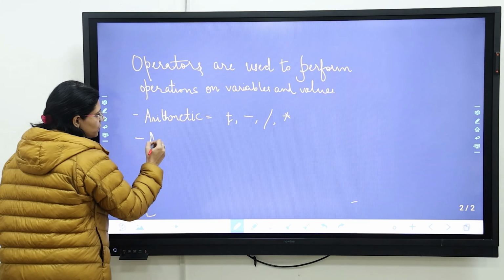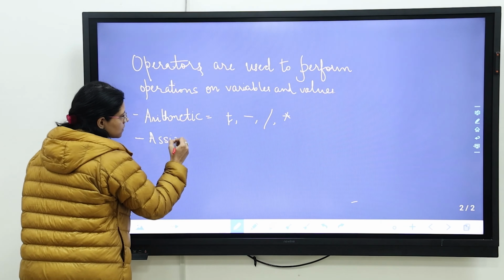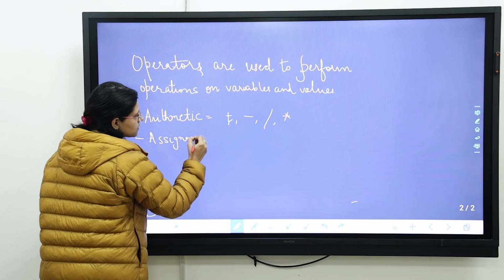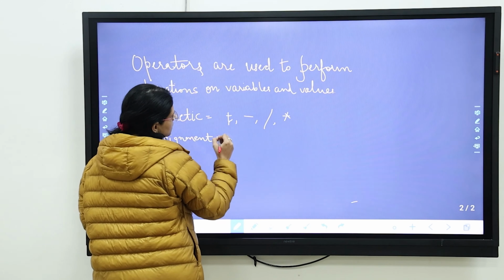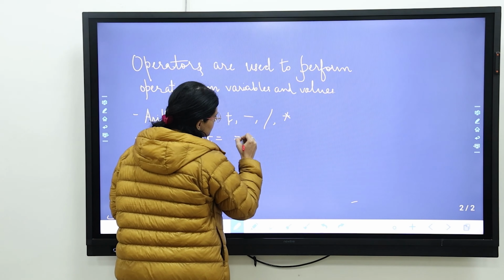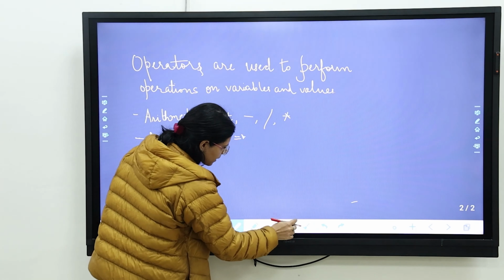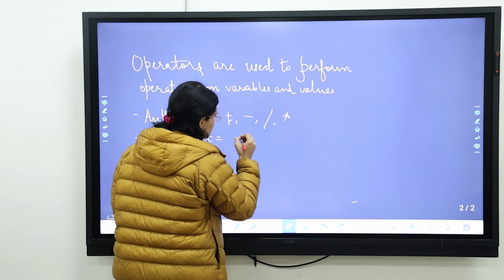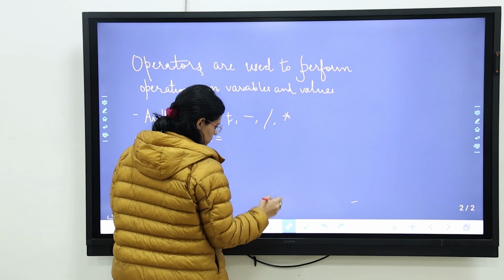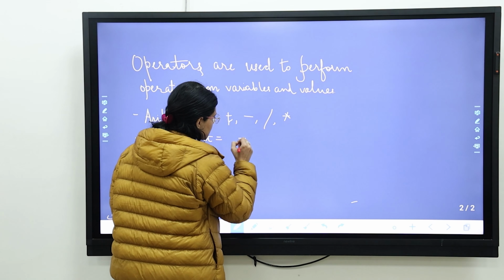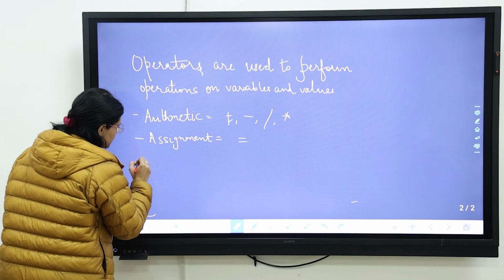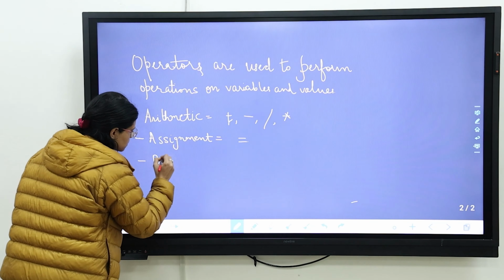Then we have assignment operators. Assignment operators can have equal to. Then we have bitwise operators.